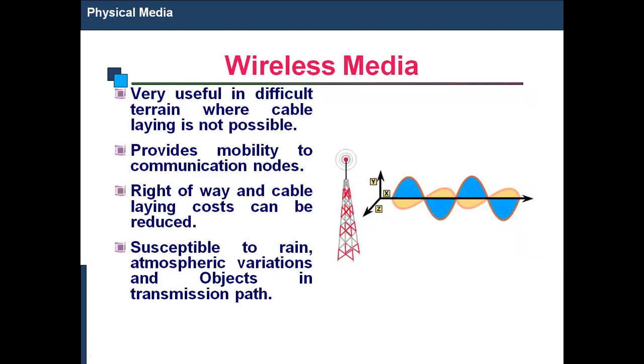Next, we are going to unguided media. The best example of unguided media is wireless. Suppose there is a hill station. Is it possible to take physical media, optical fiber cables or twisted pair cables, whatever it may be, drill through the whole hill and fix that physical media? It is very difficult. So we go for wireless media.